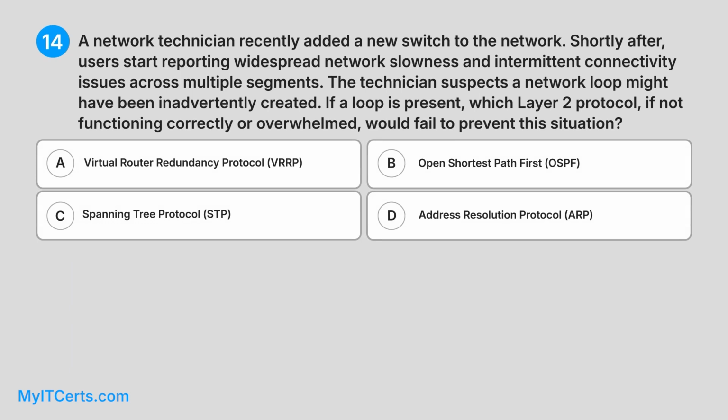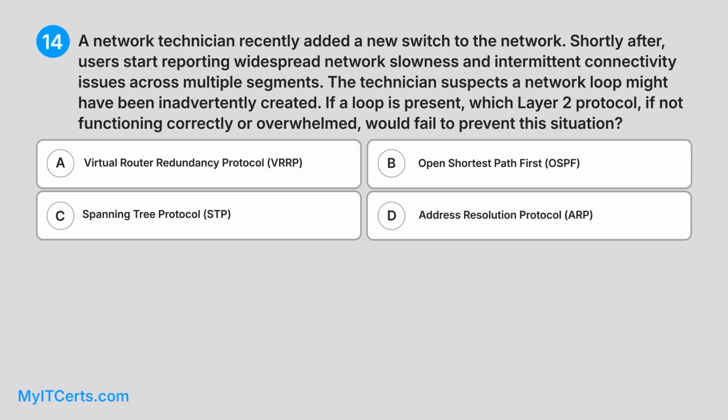A network technician recently added a new switch to the network. Shortly after, users start reporting widespread network slowness and intermittent connectivity issues across multiple segments. The technician suspects a network loop might have been inadvertently created. If a loop is present, which Layer 2 protocol, if not functioning correctly or overwhelmed, would fail to prevent this